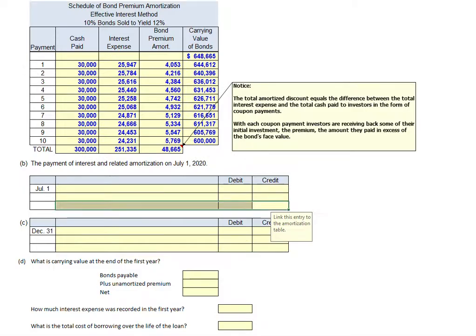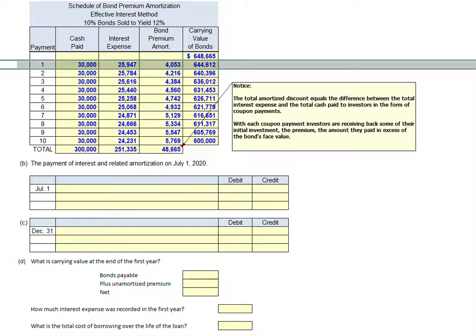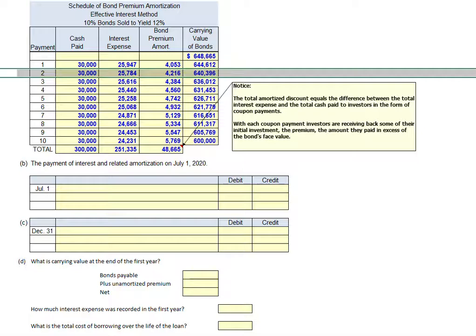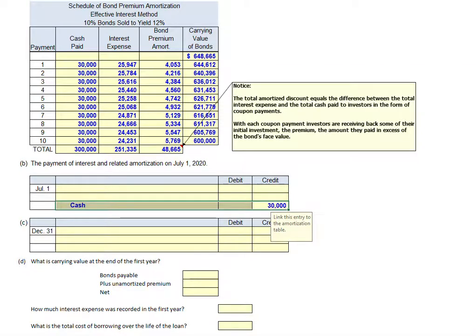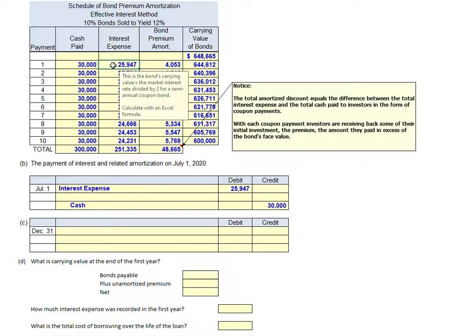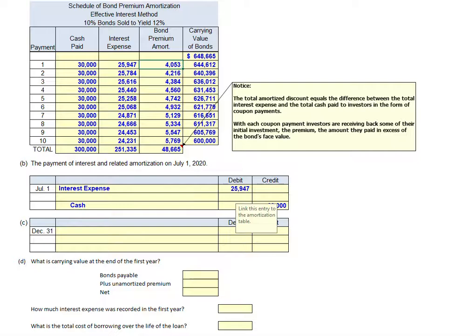The entries for July 1, the first coupon payment, will come from the first row of our amortization table. The journal entries for December 31st will come from the second row of our amortization table. On July 1st, we're going to pay our investors the $30,000 coupon, and we're going to record interest expense in the amount of $25,947. Debits don't equal credits, and we will need to debit amortization of the premium on our bonds by the amount of